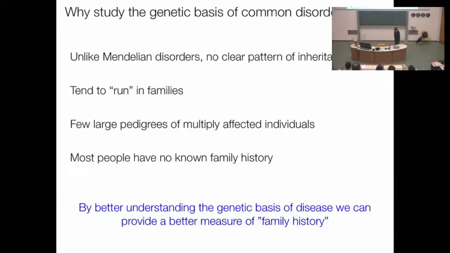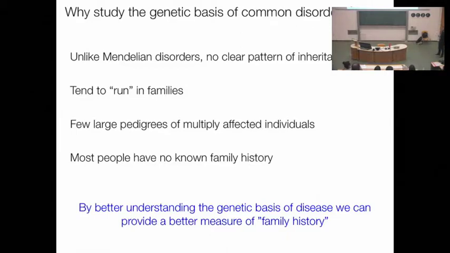And so we have a process for common complex disorders where, unlike Mendelian disorders, there's no clear classification, right? So unlike Mendelian, there's no clear pattern of inheritance that you can follow. They tend to run in families. But we actually, in humans, have very few large-scale pedigree studies. Unfortunately, well, not unfortunately, we live for too long. So it's hard to collect data with any depth, and it's hard to collect data on enough relatives of those